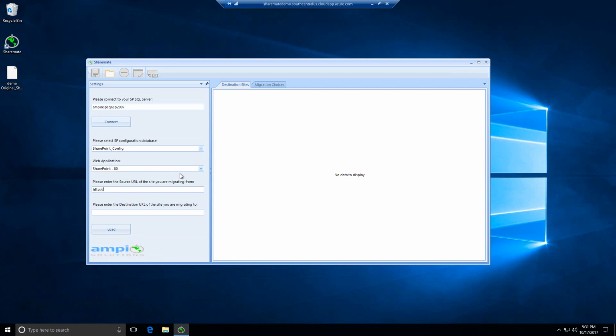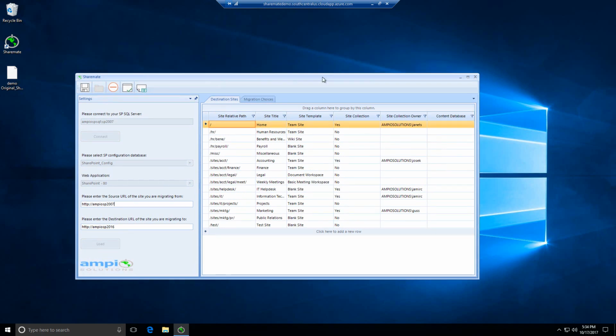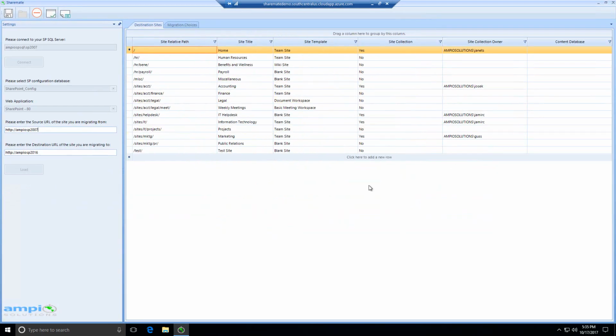We input the source URL of the site that we are migrating from. Right now it's npm SharePoint 2007. And then the destination URL of the site I'm migrating to. http npm SharePoint 2016. Then click on load. First thing you see is the buttons are no longer disabled, and now you can use them to do some